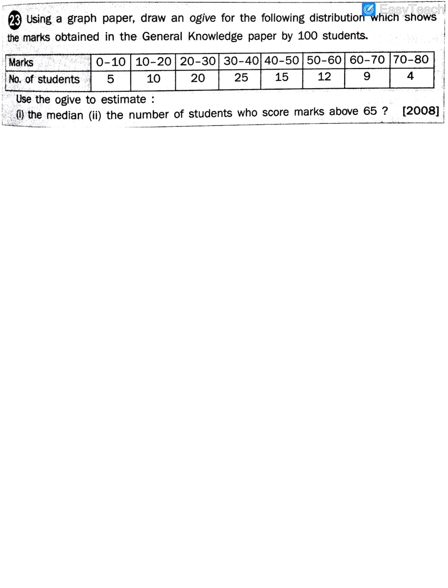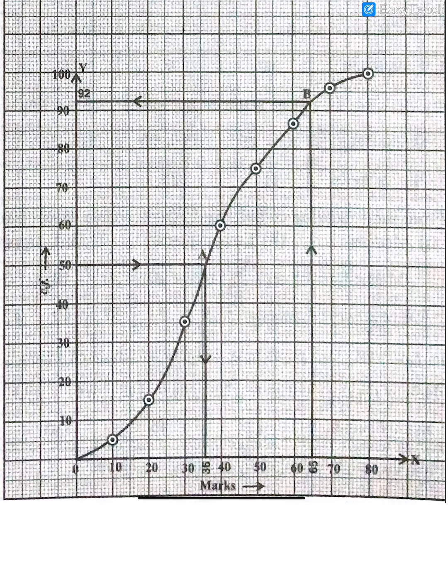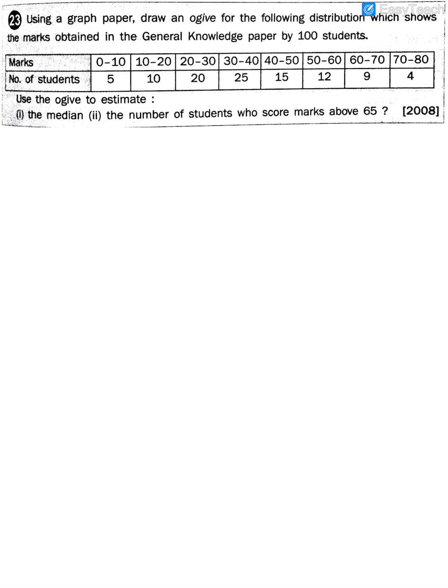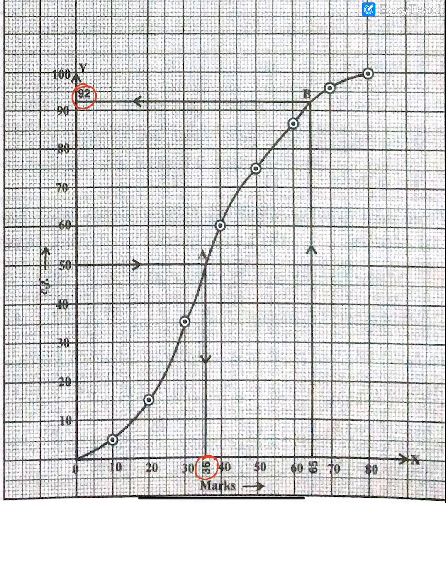Again guys, pause, try this problem again, find the median and number of students who scored above 65, and then after you're done with this, check the answer with this graph. So one answer is here and the other answer is here. Okay, they're saying above 65, right? So it will be 100 minus 92. Guys, look, these are the only kids who got above 65 here. So it will be only 8 students.